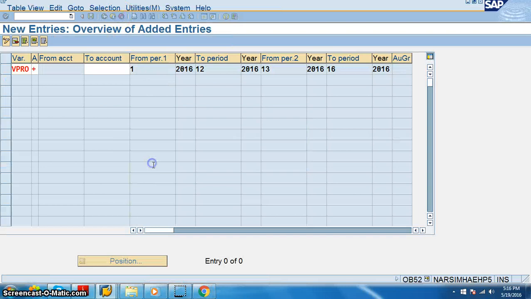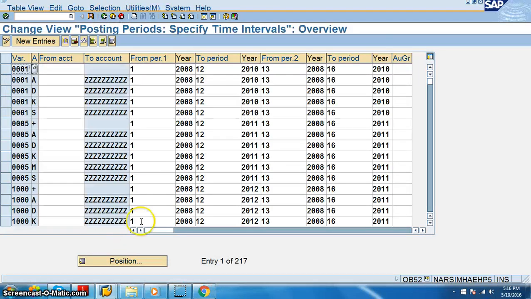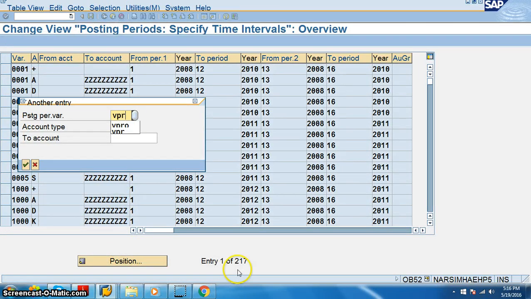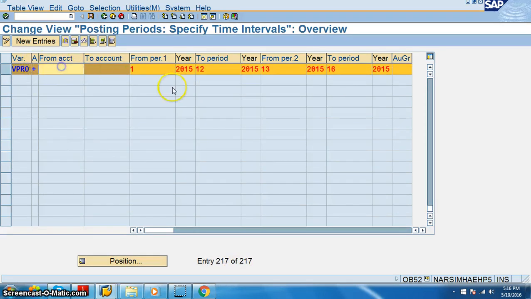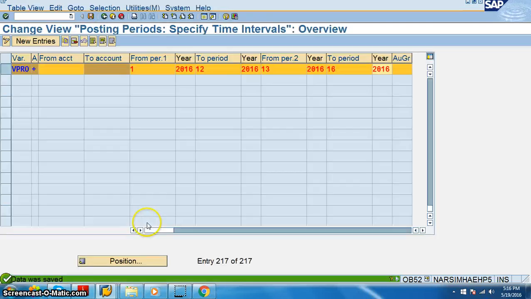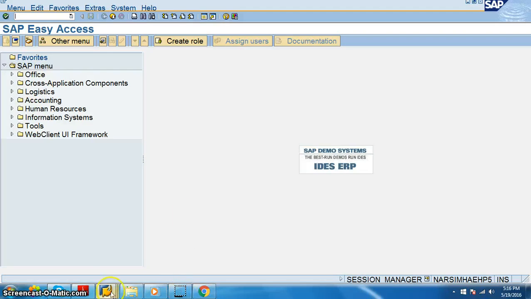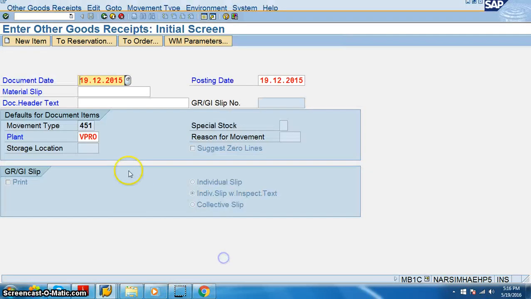So we need to change the posting period here, VPRO. For this we need to change this as this one, but this should be 16. This also should be 16, 2016. Save. Okay, it's all set. Back. Now once it's been done, we will be able to do the posting here. MB1C.